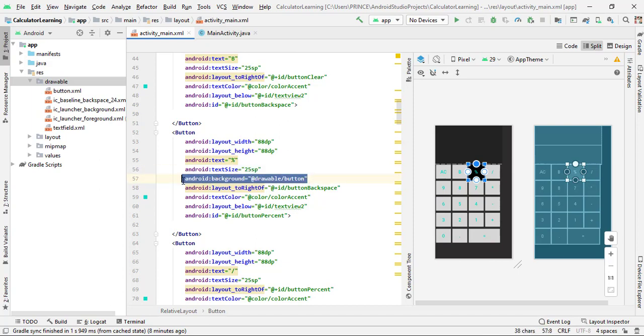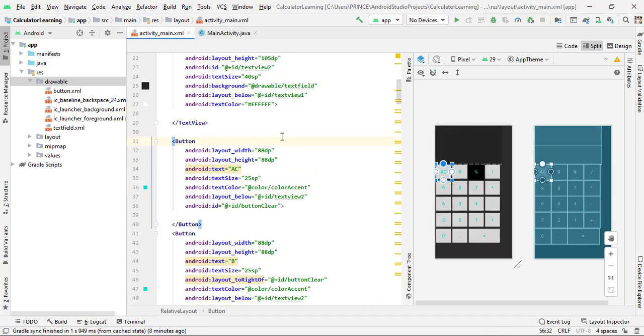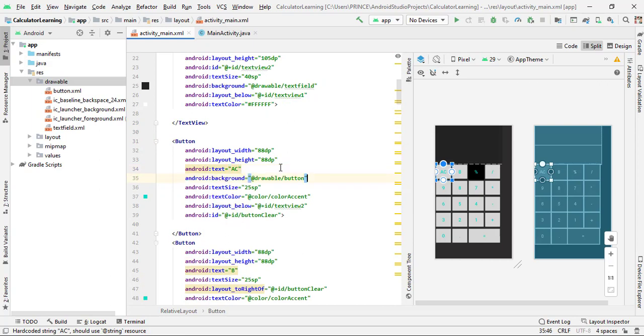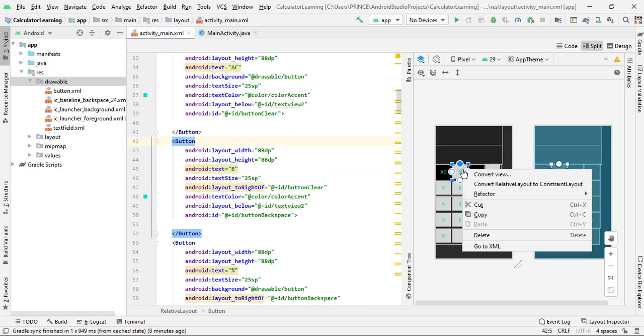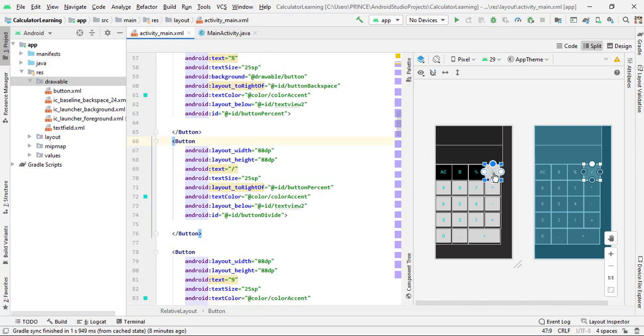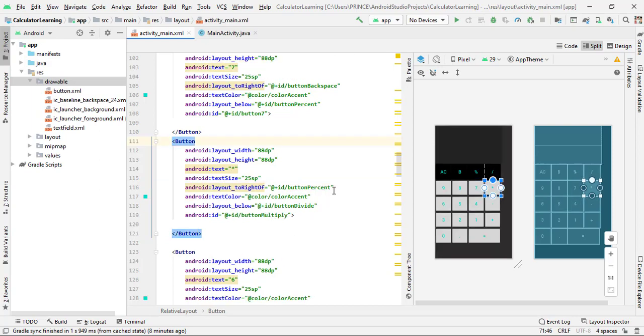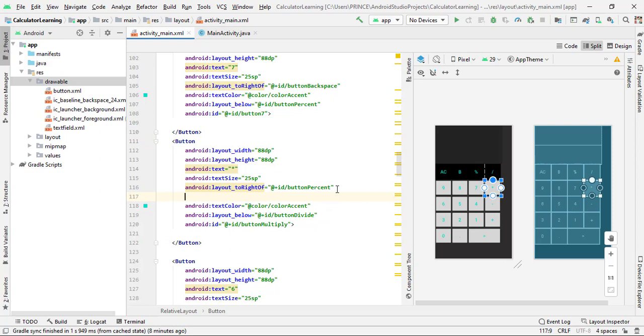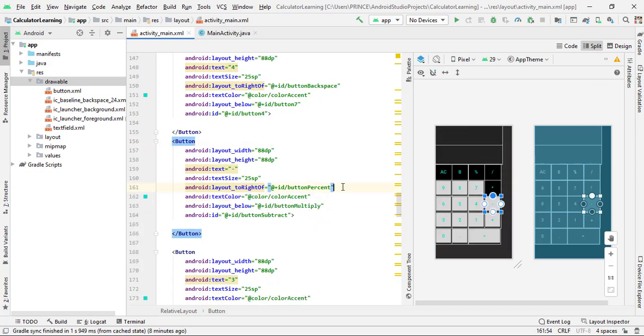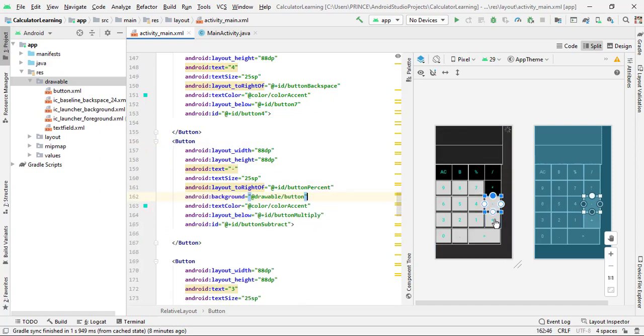So Ctrl+C copy, paste it in every button. So come here, paste it. Now also paste it in backspace. Now also paste it in divide, but not paste in 987654. Later I tell you why. Simply paste in operator and other basic function. So I paste this line everywhere but not in numbers.